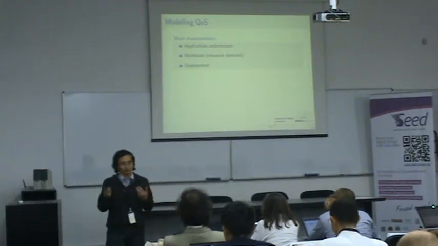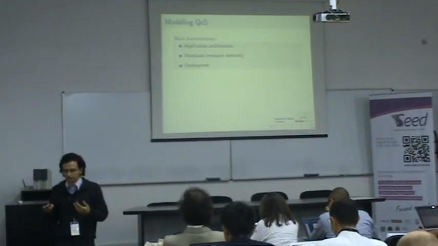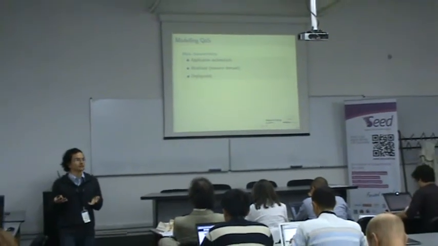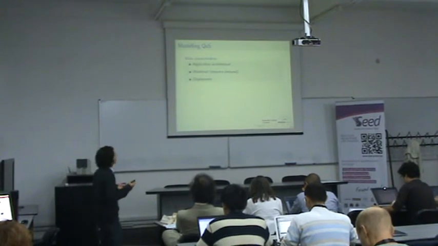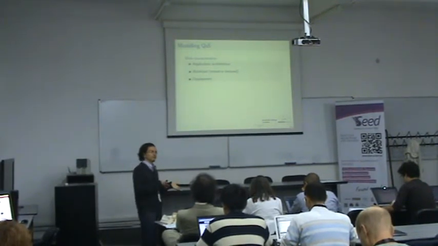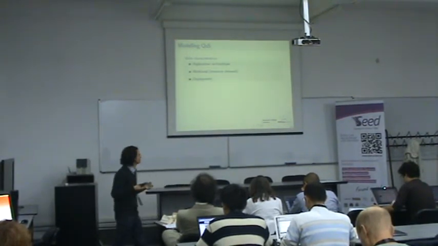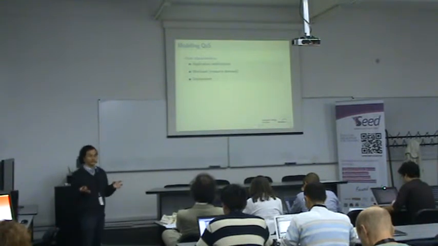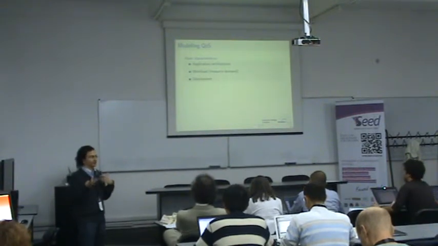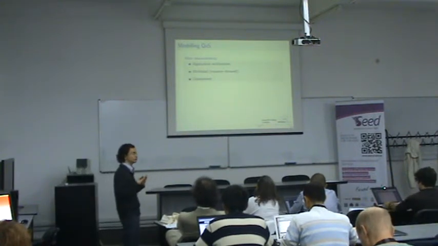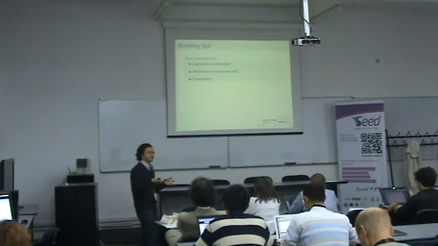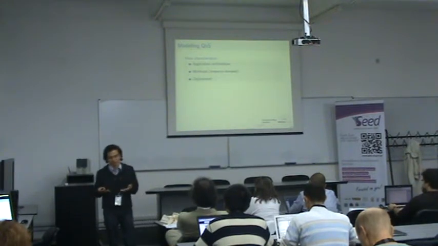What is it that we want to do for this? We want to build a good model of the application, so we want to consider the application architecture, we want to consider the workload that the application will face, and we want to consider also the characteristics of the deployment. And this is actually something that will be changing, so the model should be able to, based on this information, build a model that can be solved